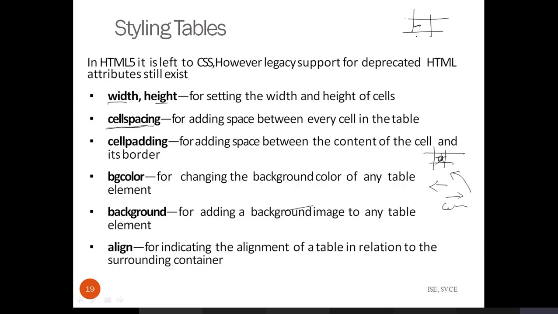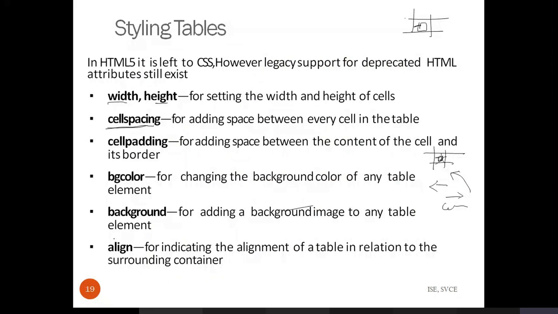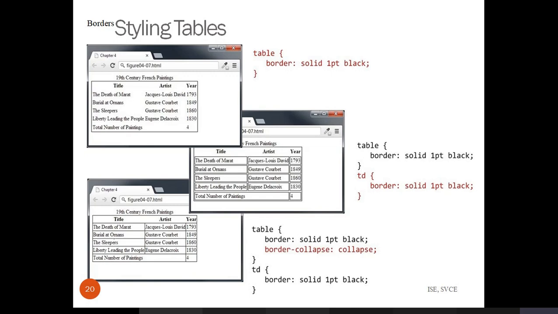So does it start with a left alignment or right alignment, or is it going to be the center? You can specify using alignment. We have already discussed all these properties, but here I am applying these properties to the table. That's all. You can just see some of the stylings it has done.